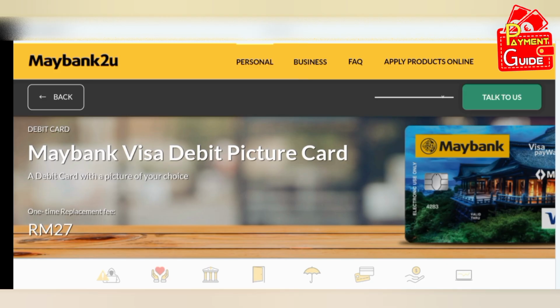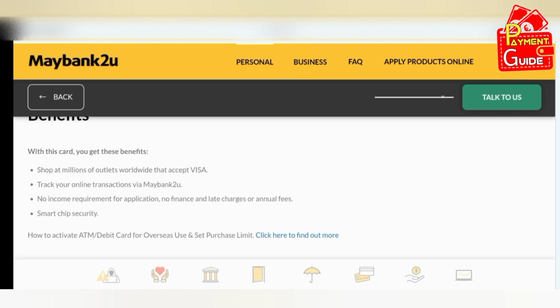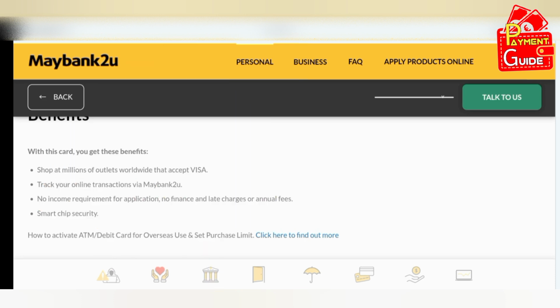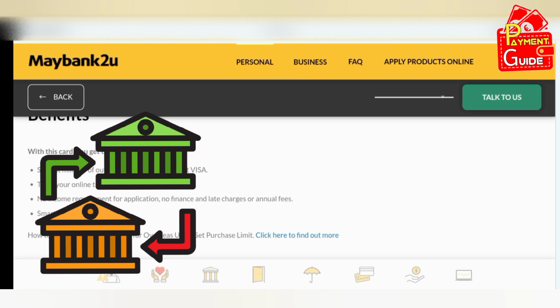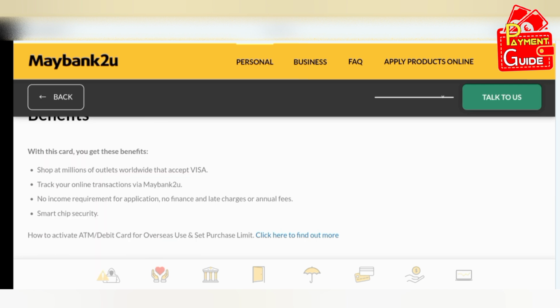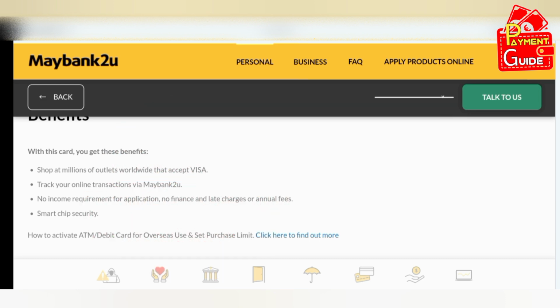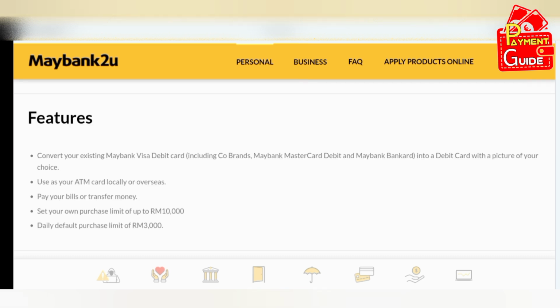Maybank Visa Debit Picture Card. To talk about its benefits, the first benefit is that you can shop at millions of outlets worldwide that accept Visa card. You can track your online transaction via Maybank to you. There's no income requirement for application, no finance and late charges or annual fees. Smart chip security activated. Its features are that if you are an existing Maybank customer, you can convert your Maybank